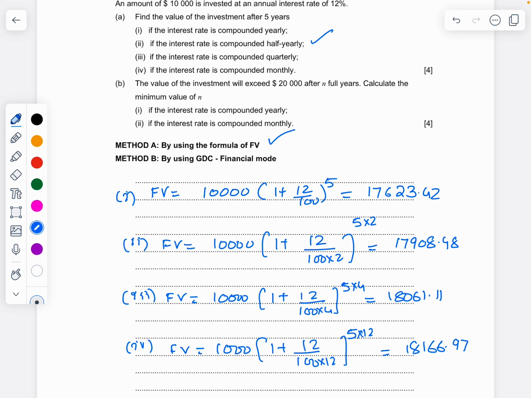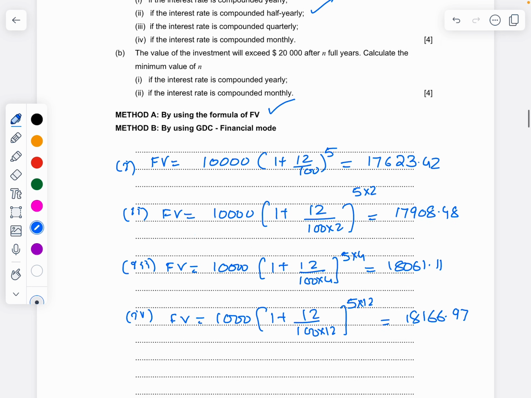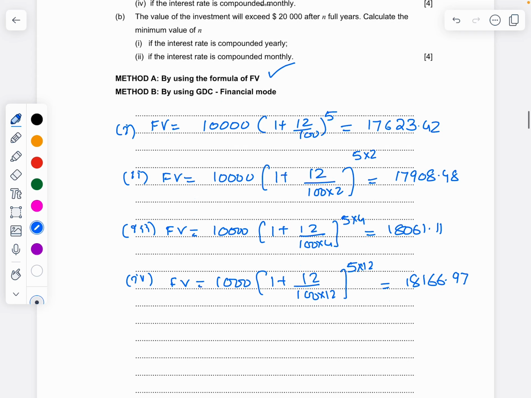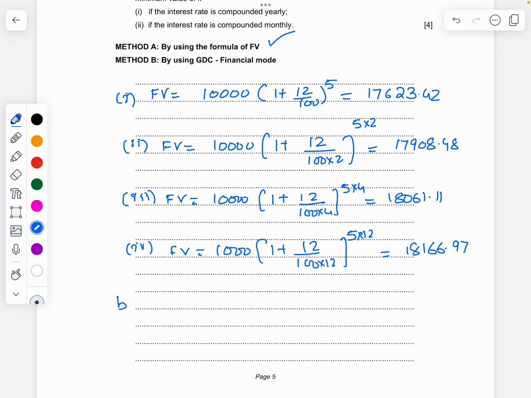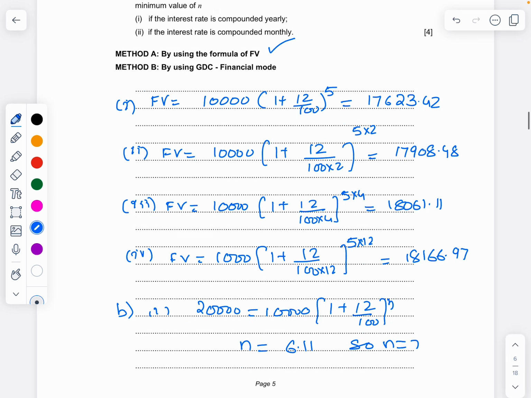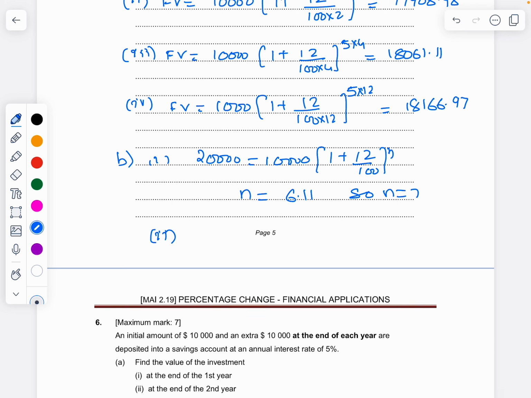Then the value of the investment will exceed 20,000 after n full years. Find the minimum value of n if it is compounded yearly and compounded monthly. For part B, part 1, 20,000 equals 10,000 times 1 plus 12 upon 100 to the power of n. Use GDC to get the solution n equals 6.11, so n equals 7. Next, part 2, if it is compounded monthly, 20,000 equals 10,000